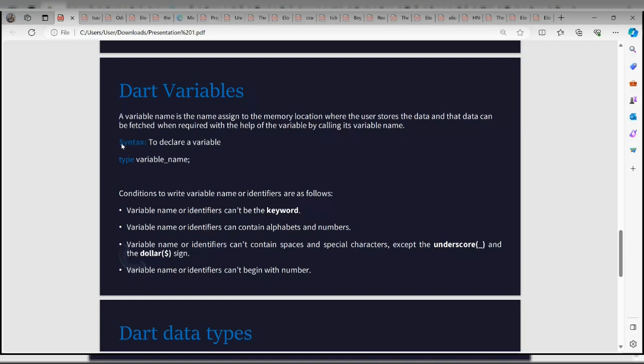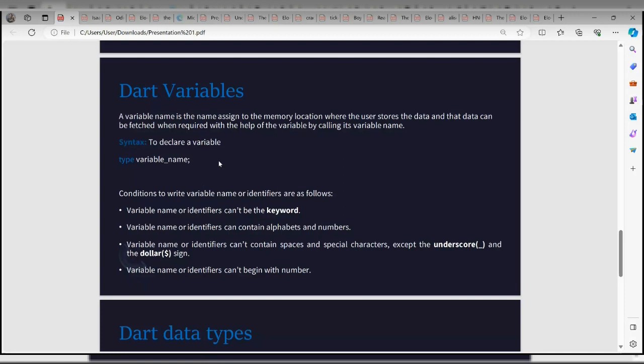Okay, so syntax to declare a variable. When we say declare a variable, what do we mean? We mean actually creating that variable in our memory, creating that space, creating that box in our memory.